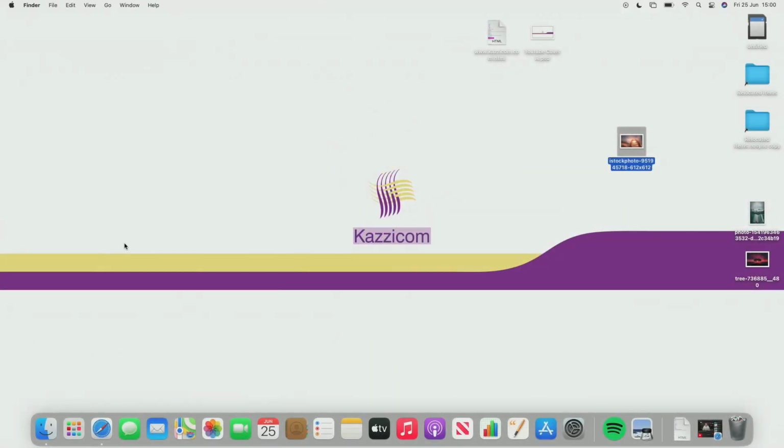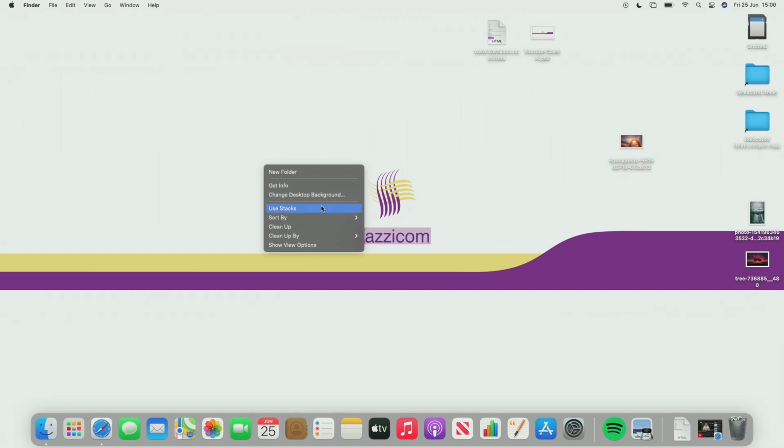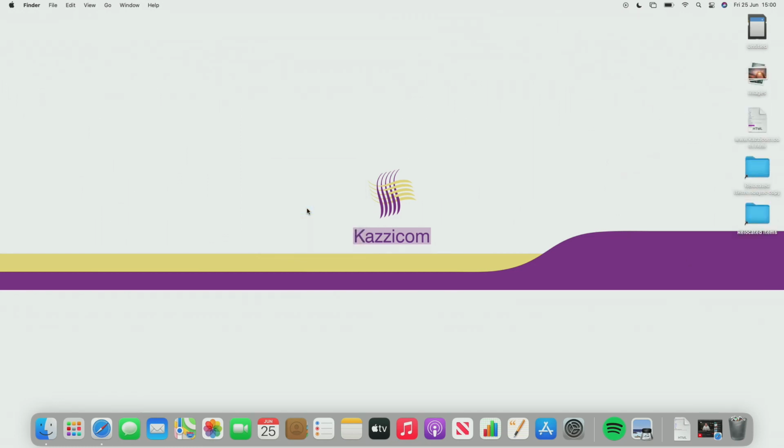In today's video, we're going to be looking at stacks and how they can help you tidy up your desktop. In order to do this, we need to right-click an empty space of the desktop and click on Use Stacks. As you can see, I have these images and an HTML page and these folders scattered around my desktop. Once I click Use Stacks, it stacks all similar files, so images, into one stack, and once clicked they can